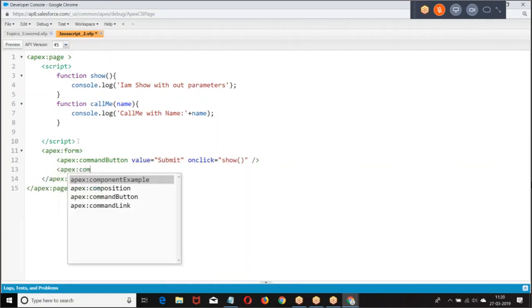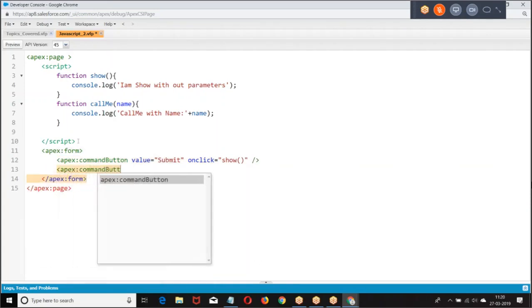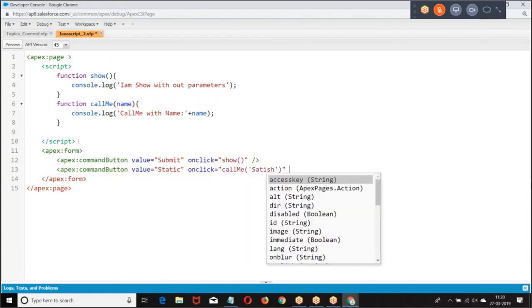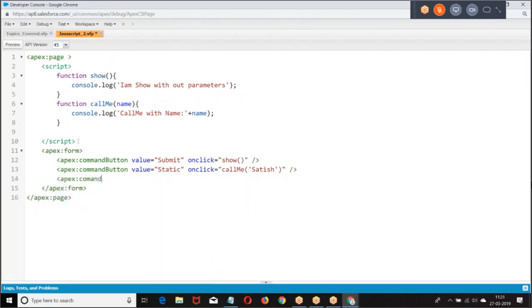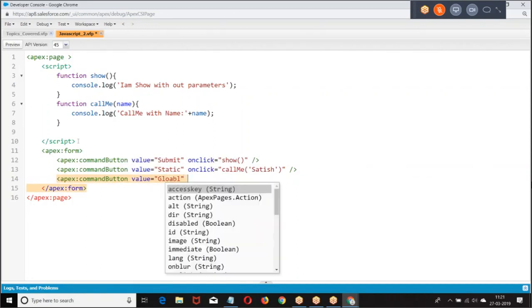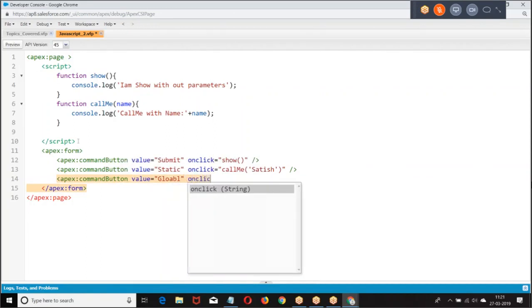Give Apex command button value equal to user.